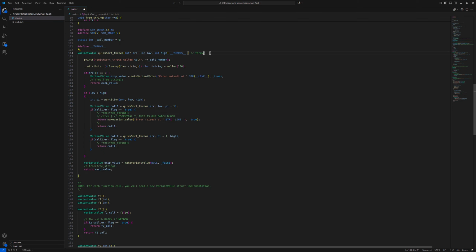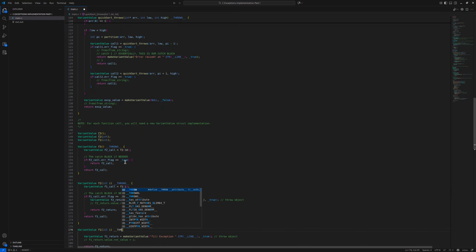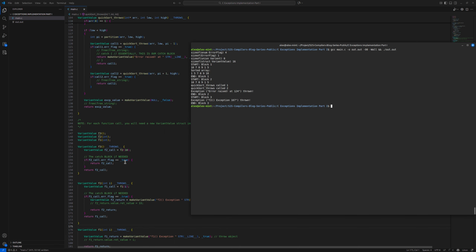If I define a macro like this, I will be certain whether or not my function throws. And we can make it part of the function declaration if you're looking up the declaration and looking at the type signature at the same time,